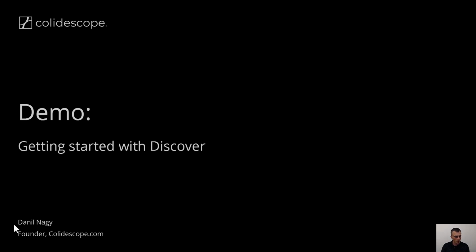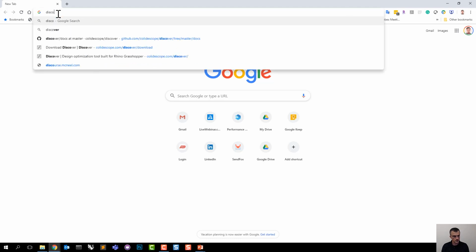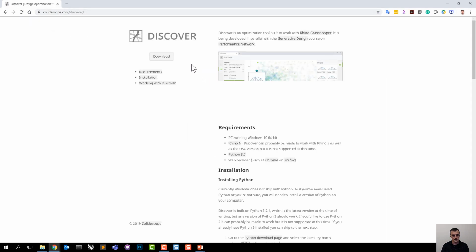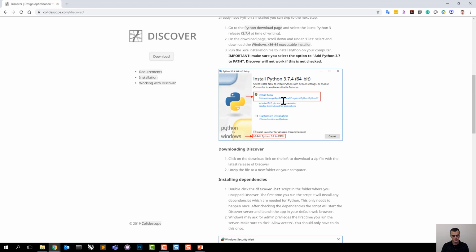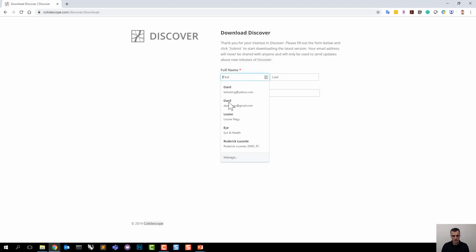So I'm going to start with a walkthrough of how to actually download and install Discover. So the first thing you need to do to get Discover is to go to the Discover website. So you can go to kaleidoscope.com/discover. And this is going to have all the instructions you need to do the installation. The first thing you need to do is actually go to download here. Just put in your name and email, click submit, and that's going to download a zip file